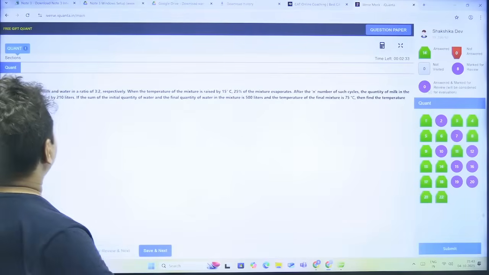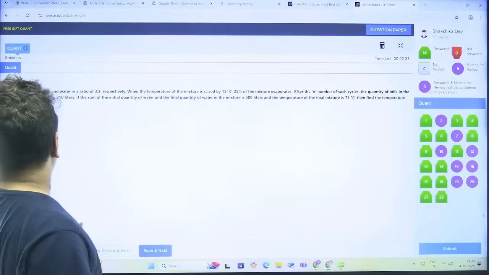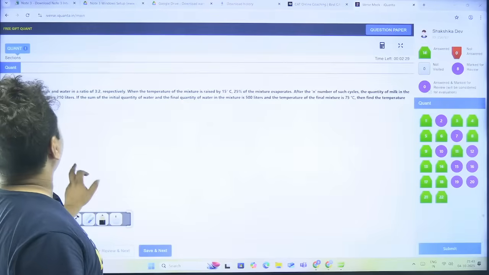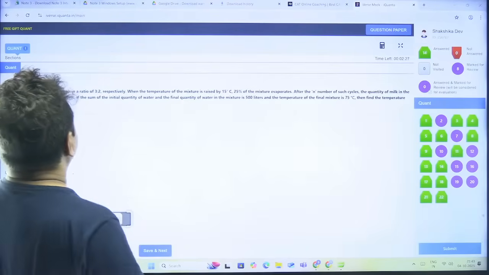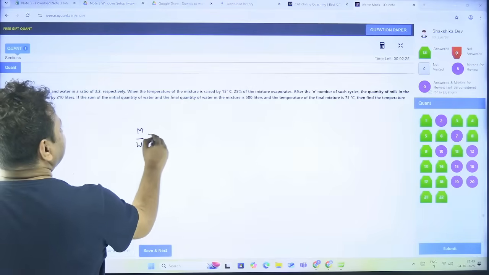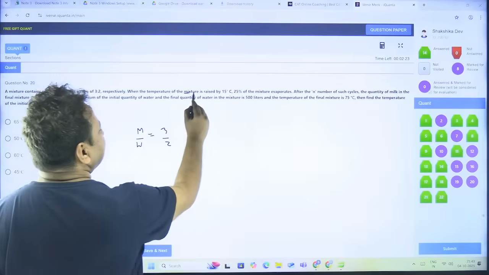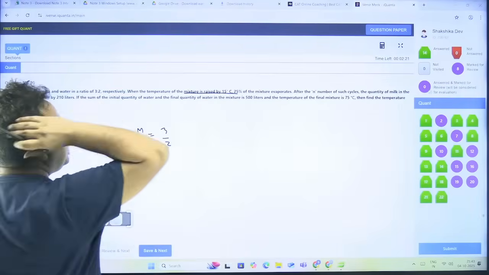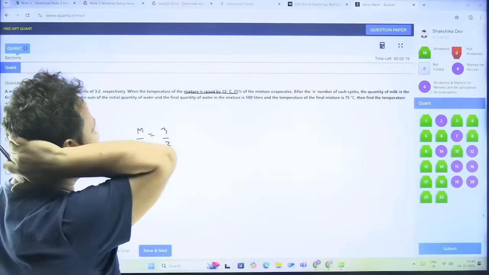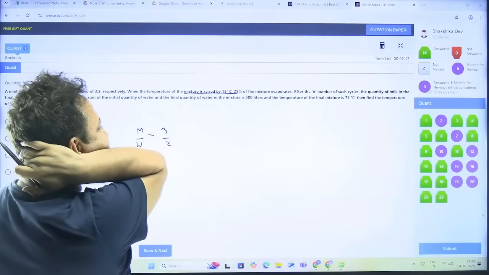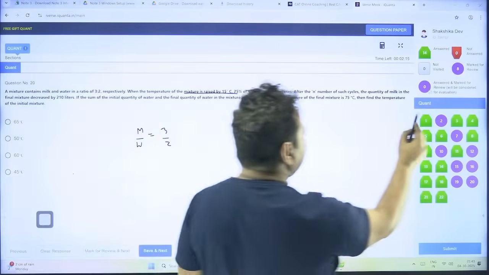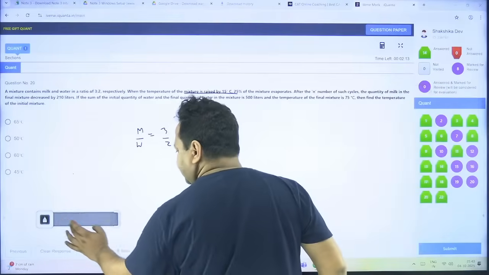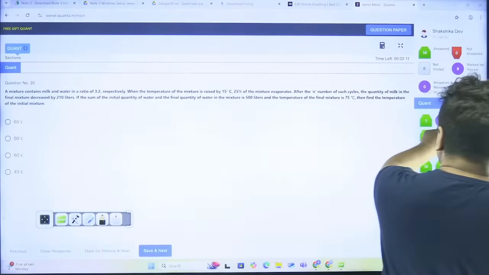I can write. A mixture contains milk and water in the ratio 3:2 respectively. When the temperature, okay, milk and water, m/w is 3/2. Temperature of the milk, which is 15 degree. 25 of the mixture evaporates after the n number of cycles. कोई छोटा क्वेश्चन है क्या? कुछ छोटा क्वेश्चन था यहाँ पे? आई थिंक आई हैव सीन ऑल द क्वेश्चंस।